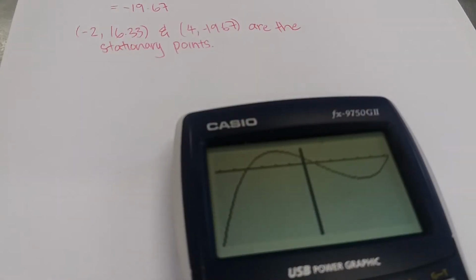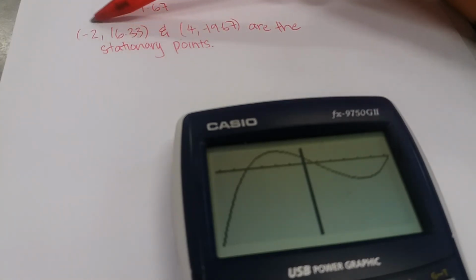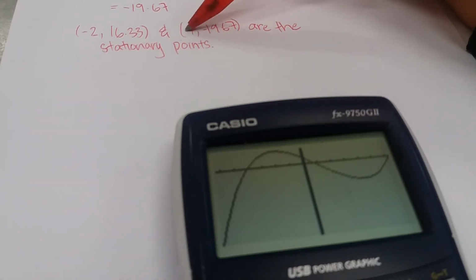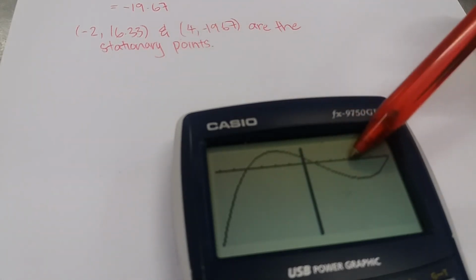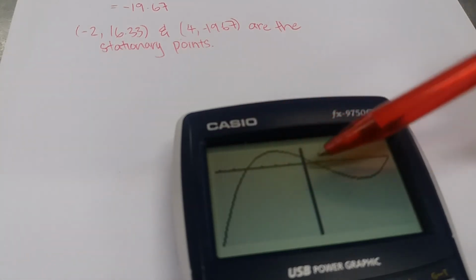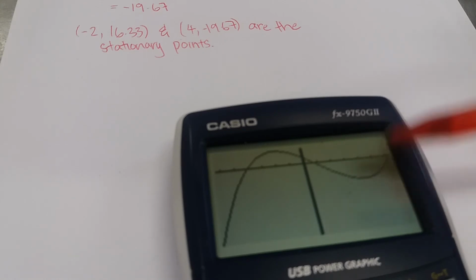And you can see when you graph it, just from looking at it, that this one at -2 is a maximum, and this one at 4 is a minimum from looking here. So the first one is the maximum here, and the second one is the minimum there. So we just have to write that